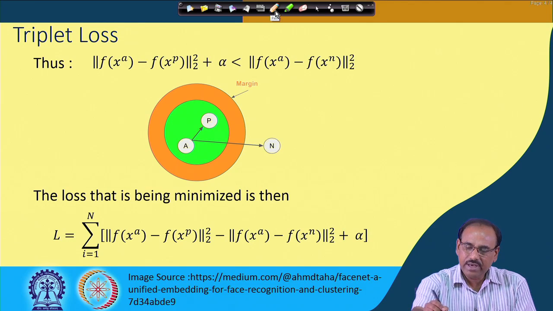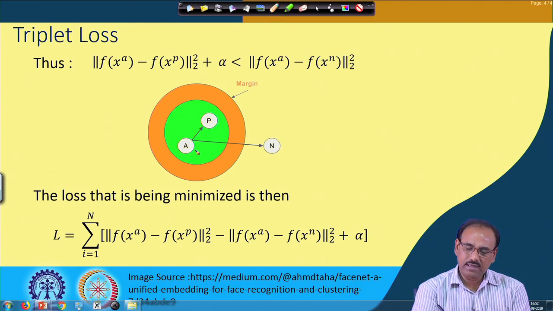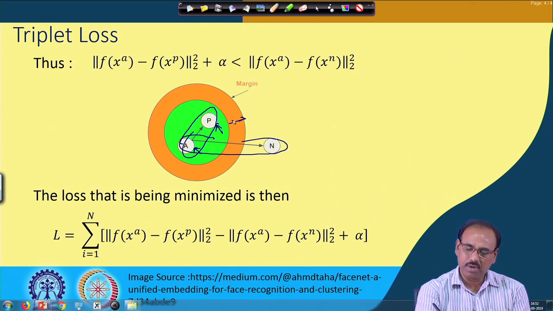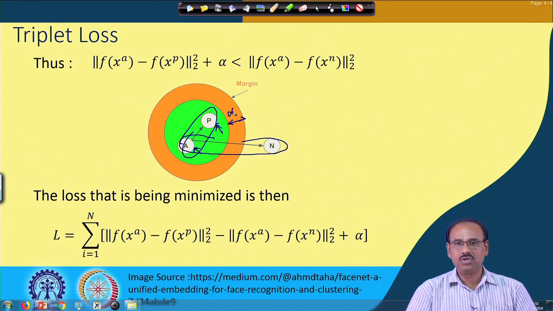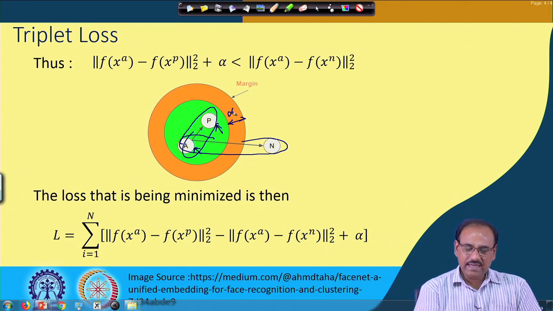So diagrammatically I can put it this way: this is my anchor, this is my positive sample, the distance between these two is this, and the distance between anchor and negative sample is this, okay? And this is what is my margin, that is alpha, right? So I want that the distance between these two must differ at least by alpha,